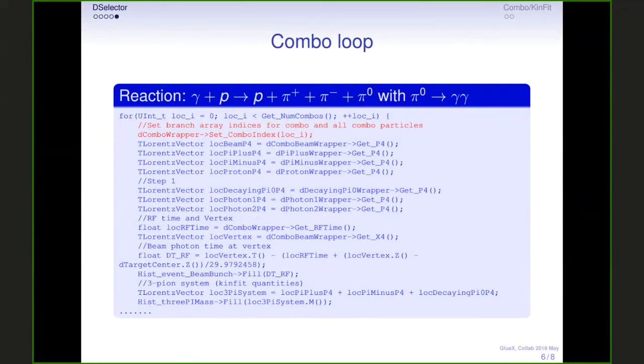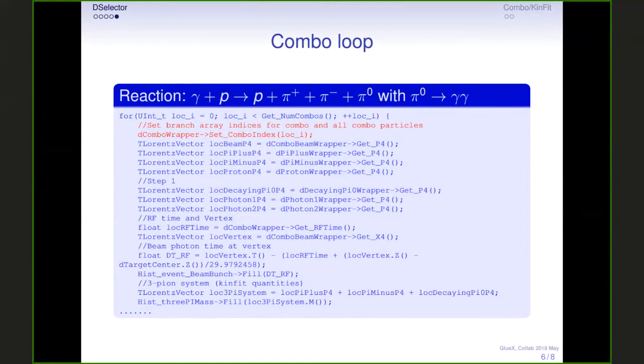The first thing you have to do is set all your pointers to the right place. That is done by combo wrapper set combo index. That will set